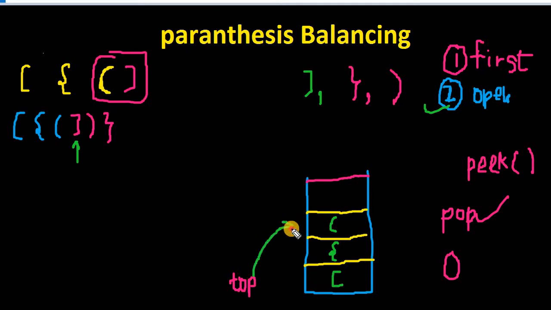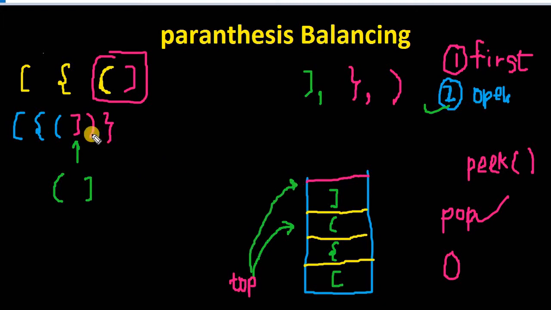So as of now, top is pointing at this value. So we check that for this particular value, we have top like this. So we know that these are not the matching pairs. So in this case, what we will do is, we will simply first add it and leave it there. Now our top will start pointing here.